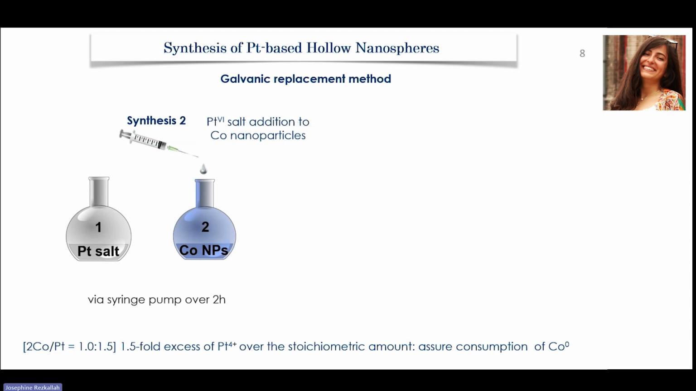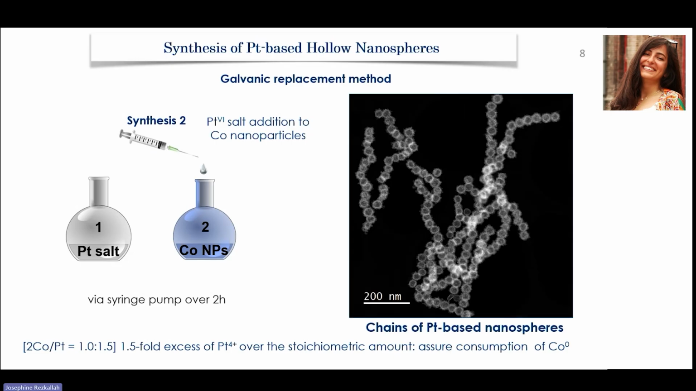So, using the same concentrations, we tried another synthesis, this time with a slower and more controlled addition of platinum salt to a solution of cobalt nanoparticles. We intended this way to enable the platinum to effectively reduce the cobalt in solution and result in a more homogeneous particle morphology. And actually, it did work, because we obtained nanospheres with a more homogeneous morphology arranged in chains, as